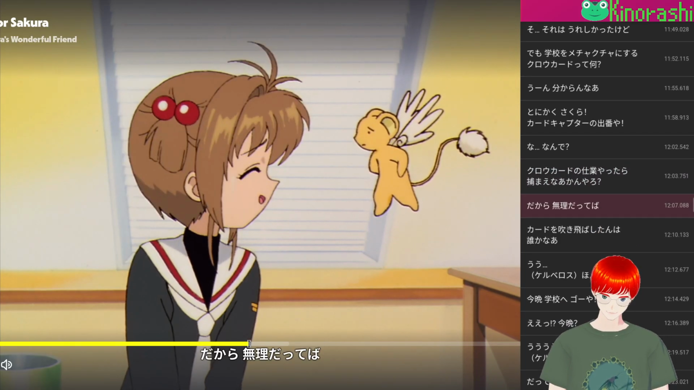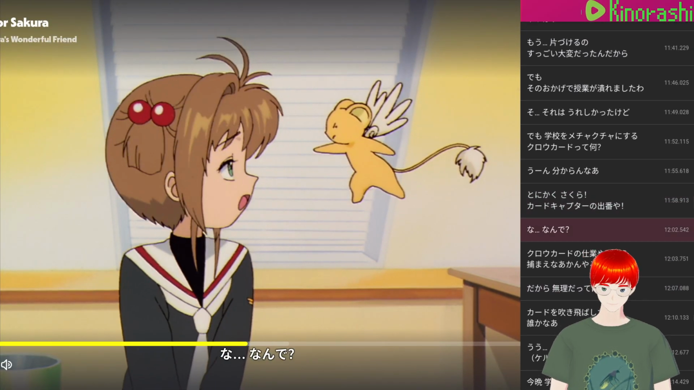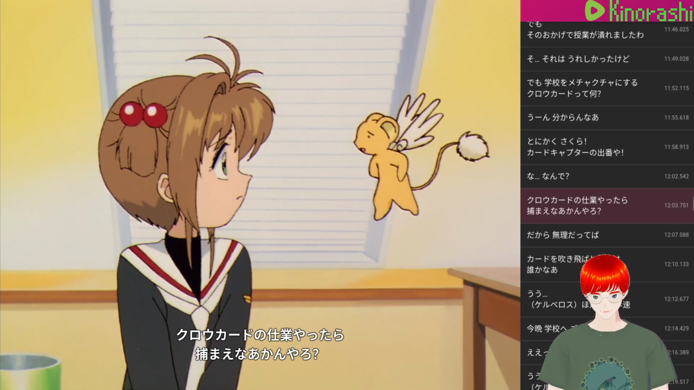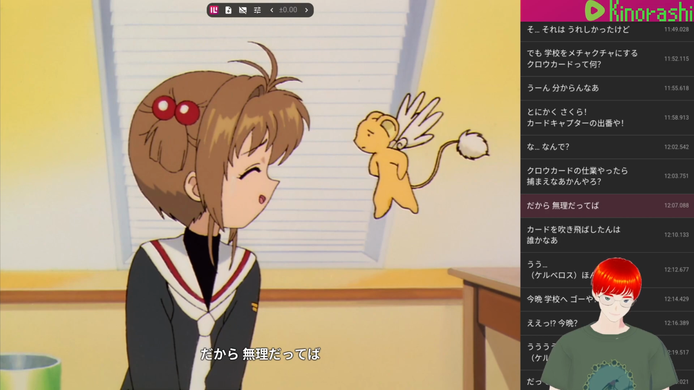やろだから無理だってば。カードキャプターの出番や。なんで空洞カードの仕業やったら捕まえなあかんやろだから無理だってば。 だから